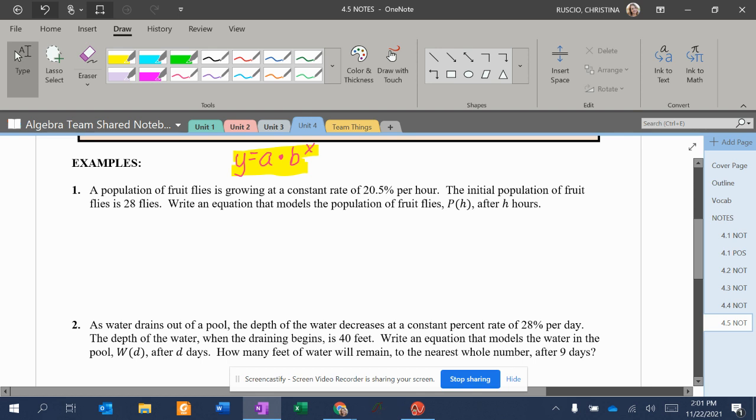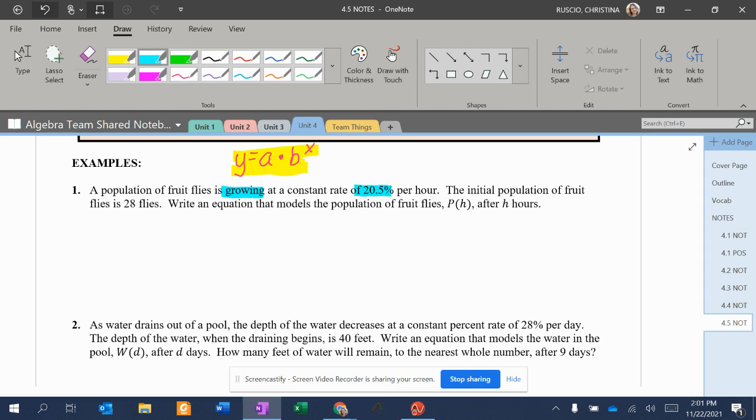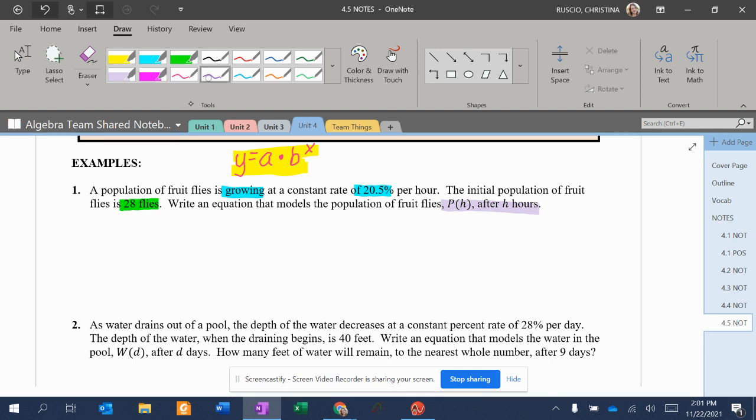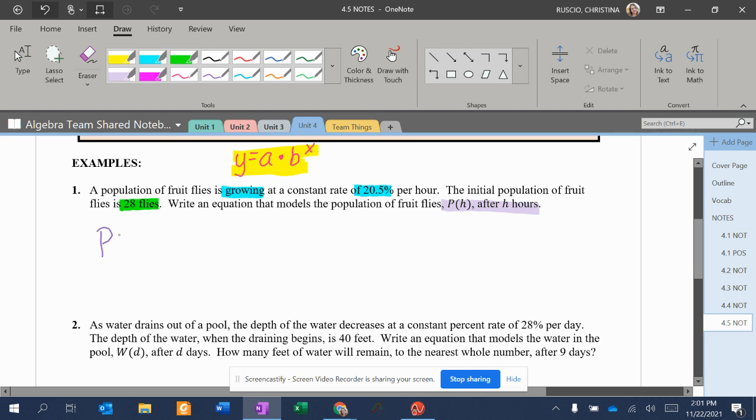Example number 1. So we have fruit flies. They are growing at a constant rate of 2.5% every hour, and the initial population of fruit flies is 28 flies. Okay, so we have some pretty important information in here. They are also giving us the units, P of H after H hours. So they gave us our X and our Y value. So let's begin. P of H, so the population of fruit flies, is going to equal the initial value, which is 28,